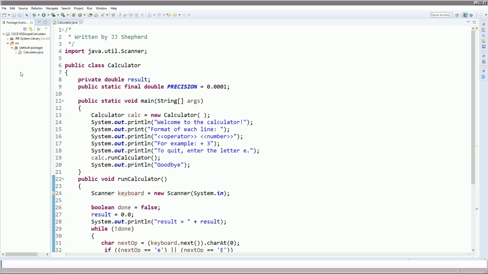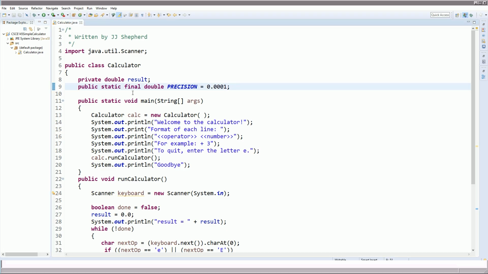As you can see, we already have the project set up and ready to go. We also have some code written already because we primarily want to focus on exceptions. Before we get to that, let's step through what we have already written. So this is our class Calculator right here. Then we have the instance variable result. This is the result that we're going to keep track of as we perform those operations. We then have a constant here that's called precision,